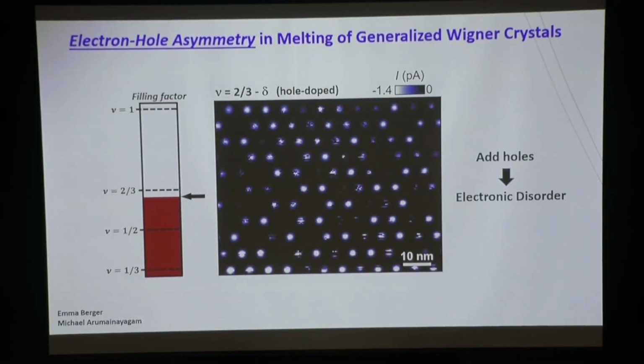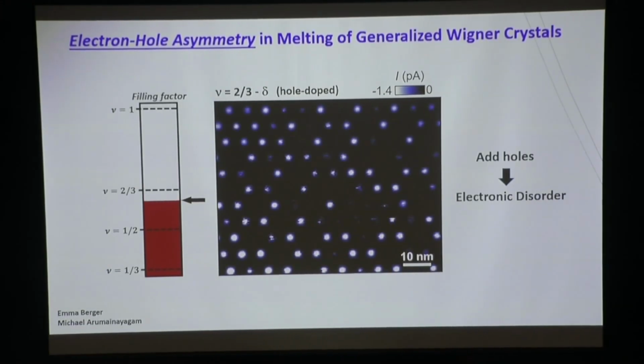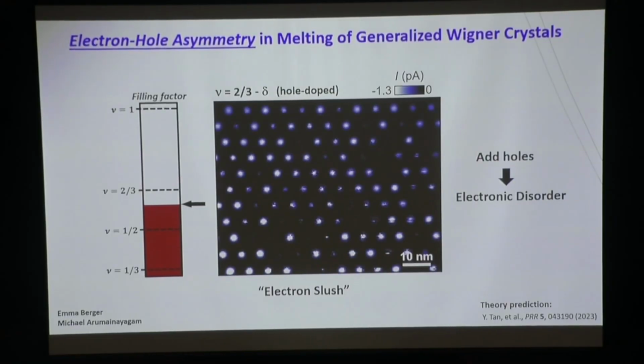Notice there's no uniform melting. You just see this weird disorder. Let's remove some more, and some more. No uniform melting, only this weird electronic disorder. And so what we think we're seeing here is the electron slush that was predicted by theorists, because what we're